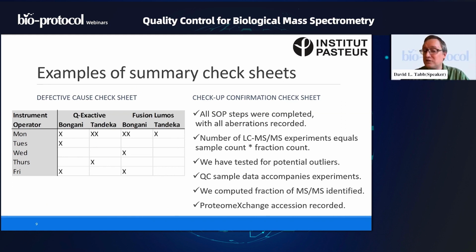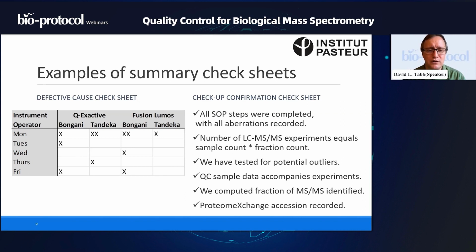So we have two different instruments. Both people used each of those two instruments over the space of these 6 months. And then I asked, on which days did each of those operators on each of those instruments have a failed run at some point in the last 6 months? Well, Bongani and Tendeka are really good. So generally speaking, they don't produce errors. But in this case, we can ask, did Bongani or Tendeka produce more errors on the instrument? So we could simply count.